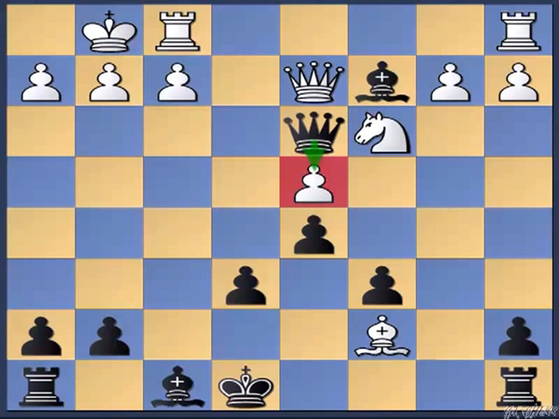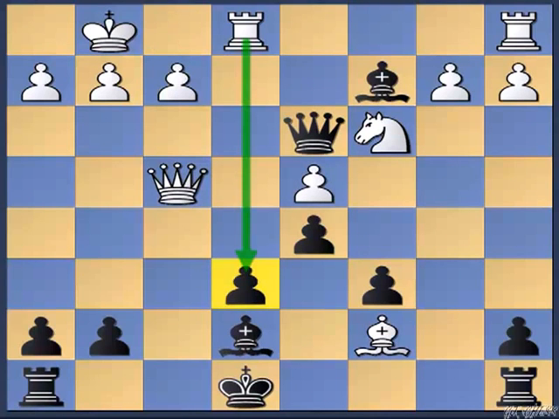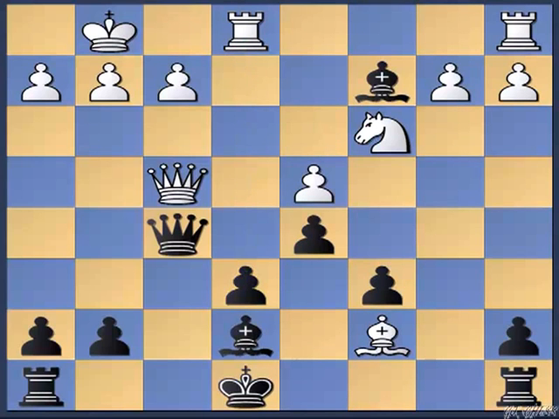queen to d3. My opponent responded with queen to f5, and here I responded with bishop to e7, and now he played rook to e1. So it looks threatening for a moment, but actually it's not, because now we can play queen to f5 supporting